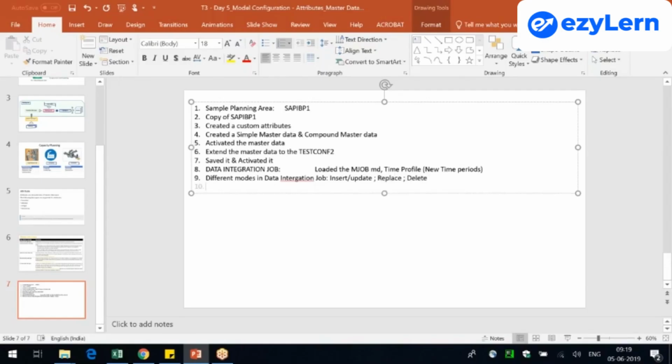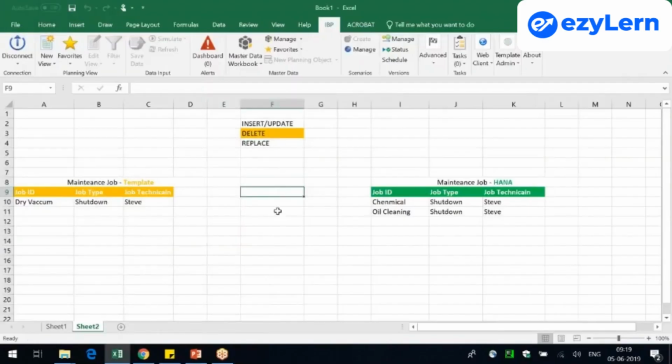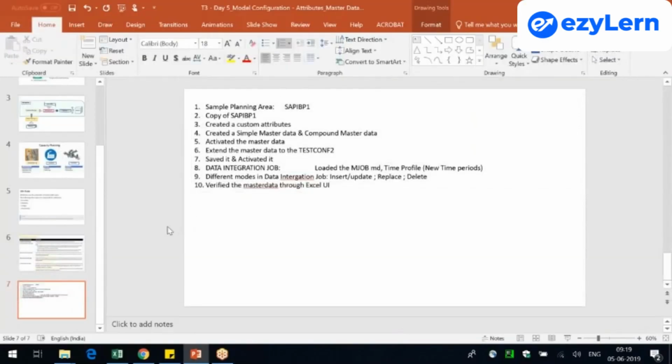Once the jobs were done, we verified the master data through the Excel interface. I won't say planning view, because there's no planning view, it's just Excel, and then we brought the data in. Okay guys, tomorrow we'll